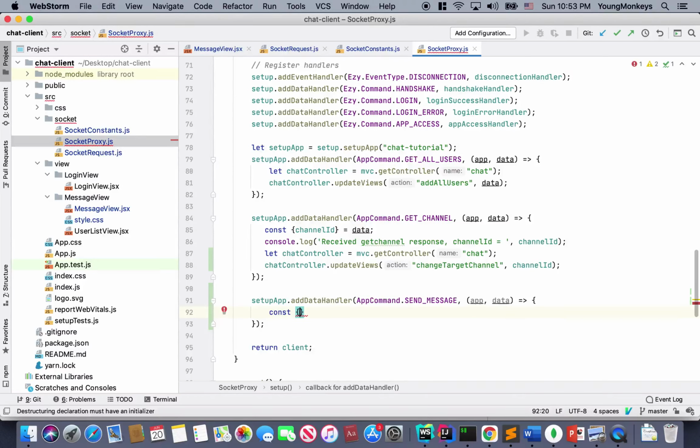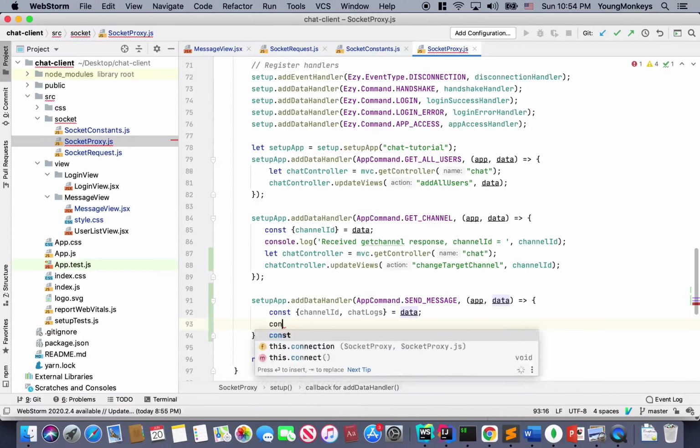Remember in the API that we have already implemented in our server, the server sends a response with the channel ID and the chat logs to our client. So I'll extract the channel ID here and the chat logs equal to data, and let's log